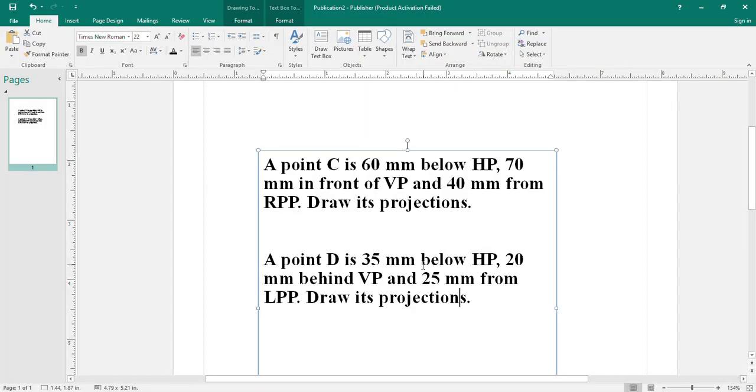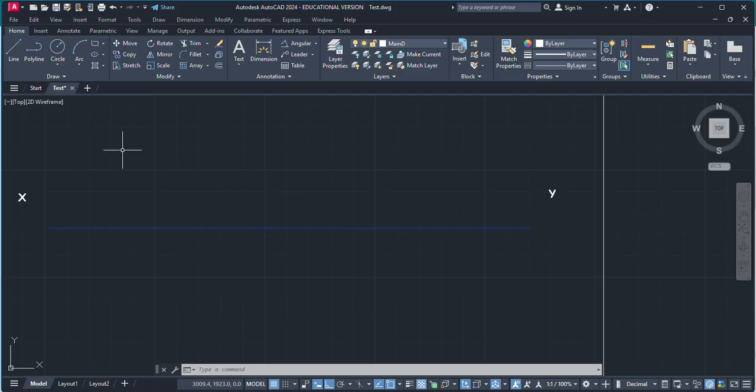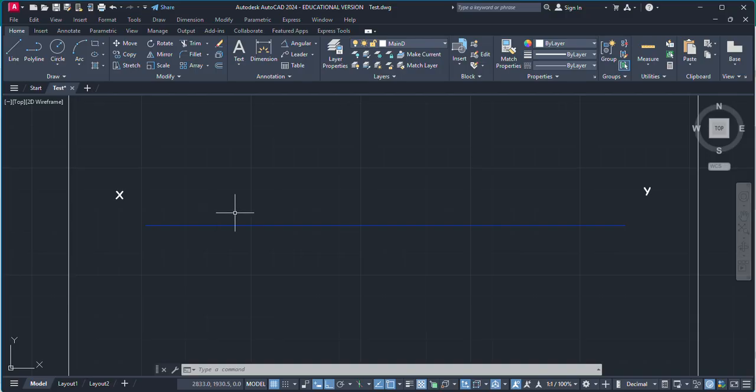Now, next question was this one. Point D is 35 below HP and 20 mm behind BP. It's third quadrant. Projection will be just opposite to the point which is in first quadrant. So if our point is in first quadrant, then front view is above the XY and top view is below the XY. Now it is in third quadrant, so front view will be below the XY and top view will